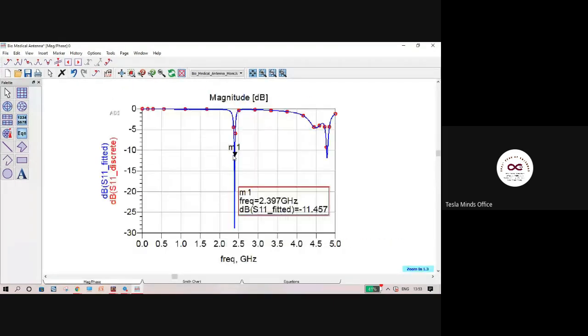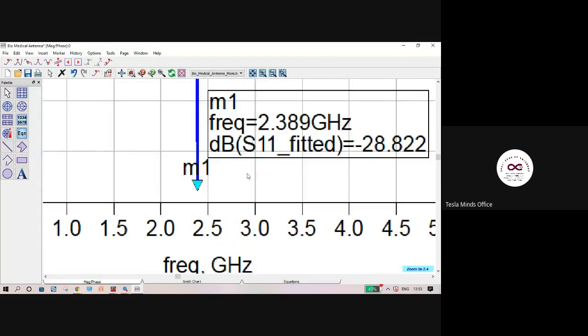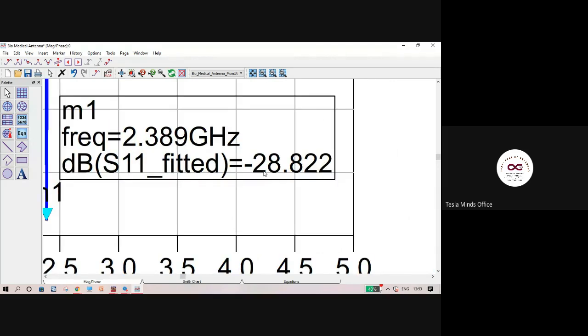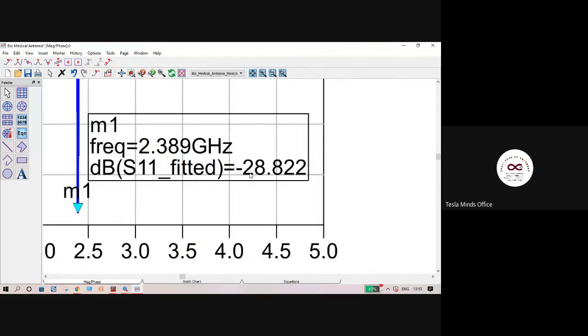Here you can see I just changed that tangent delta which I forgot, and now we are getting the resonance frequency of 2.39, which is nearly 2.4, and we are getting the S11 value as minus 28.8, nearly minus 30.